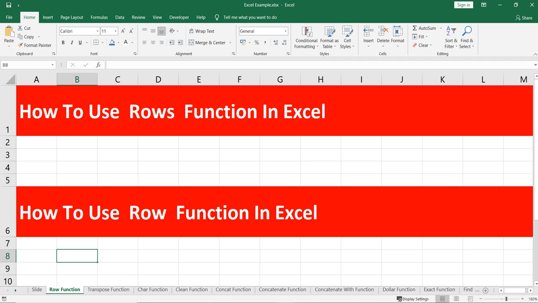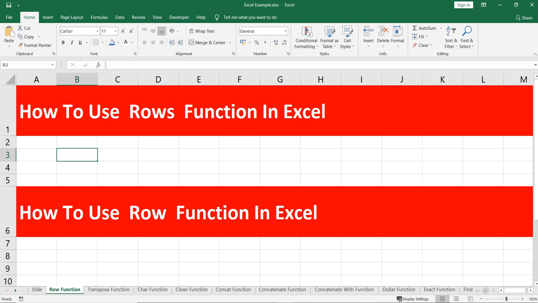The ROW function, which is simply ROW, returns the number of cell references. Both the ROW and ROWS functions take a single parameter, which is an array. ROW returns the number of references, while the ROWS function is used to look up and provide the number of rows in each reference or array. After receiving the Excel range, this function will return the number of rows contained within that specific range. So let's see with an example.